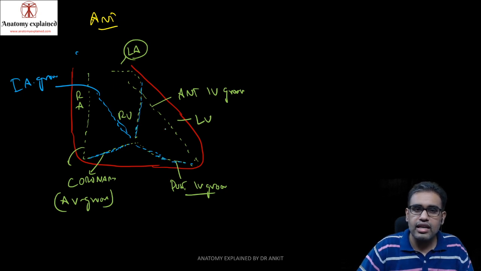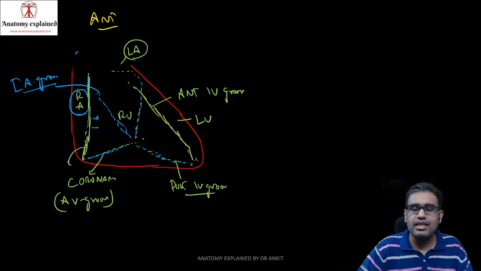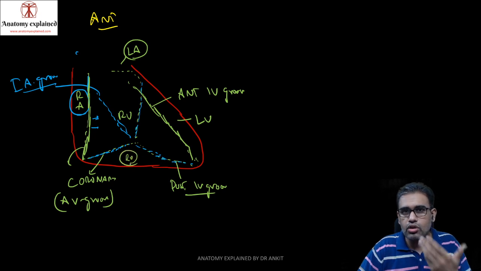As you can imagine now, if you look at each chamber, first of all, let us try to focus on RA. RA, as you are looking from the anterior side, is over here, and this is your interatrial groove. So behind this position also will be RA. RV we are seeing majority on the anterior side, right from this right coronary groove to this anterior interventricular groove. This whole surface anteriorly is RV.